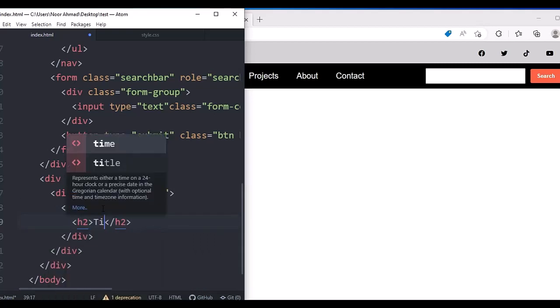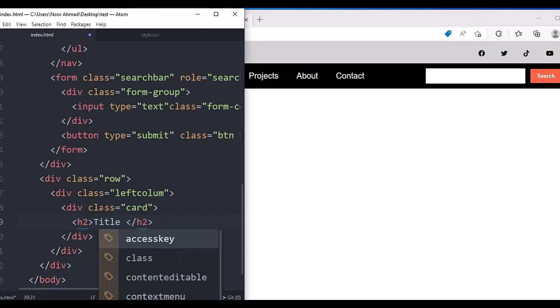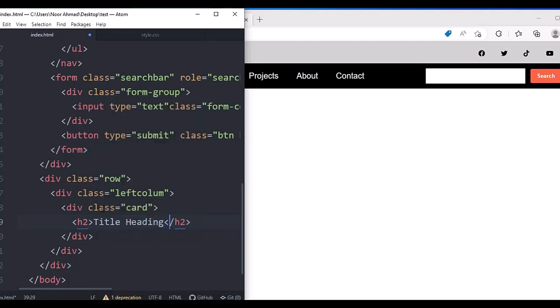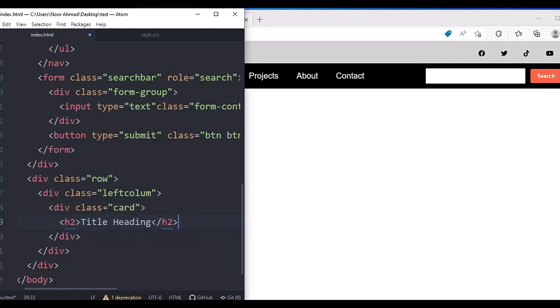It will be title heading. You can use the uppercase as well, so I'm going to use the lowercase,